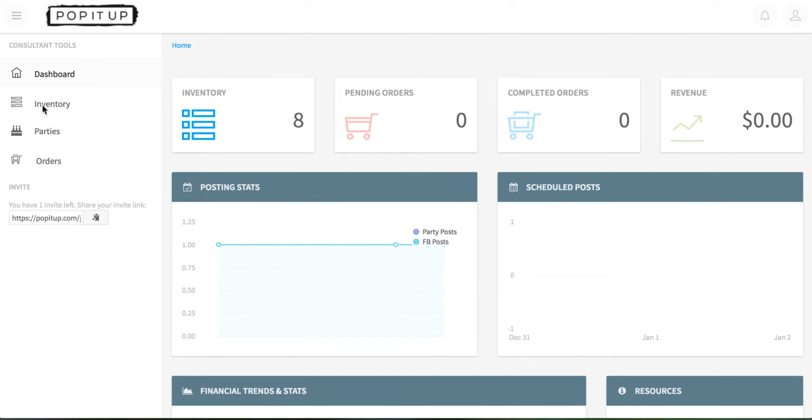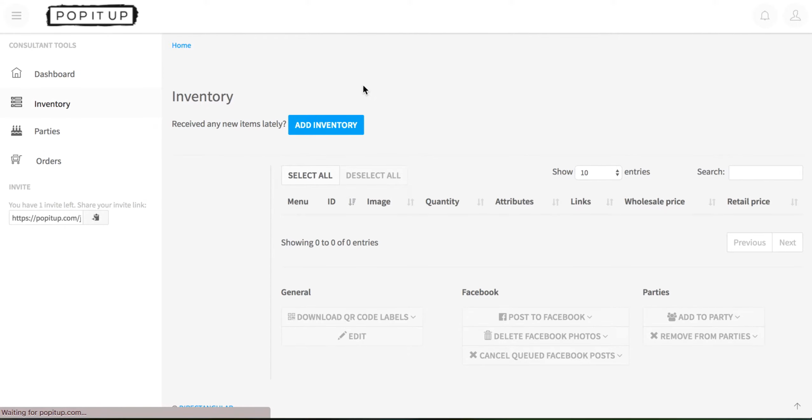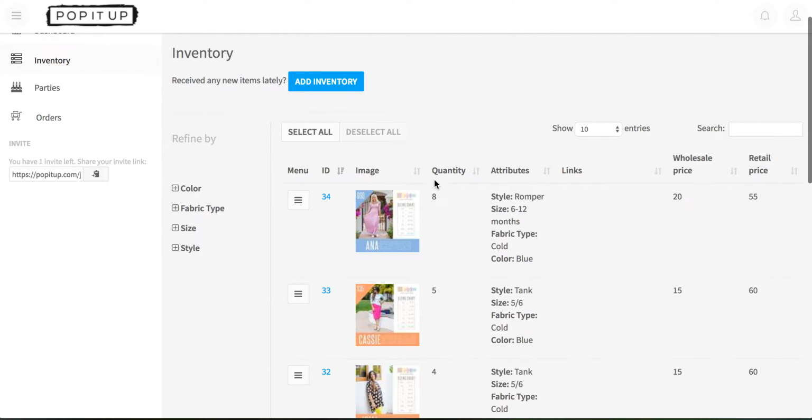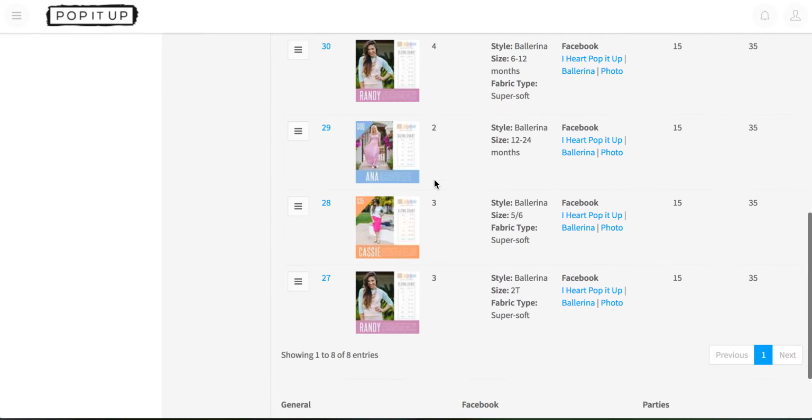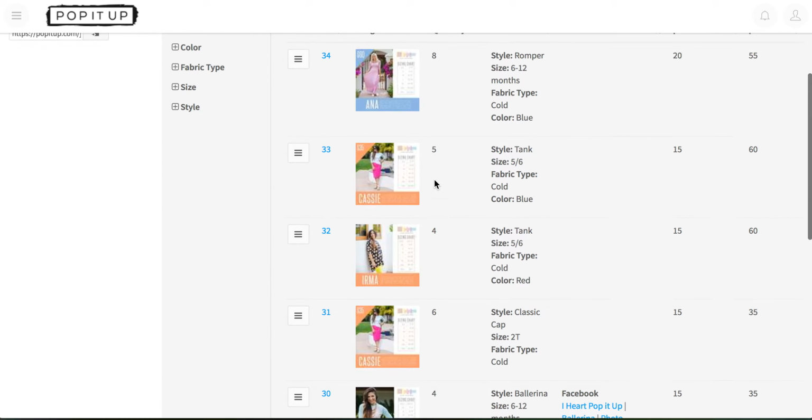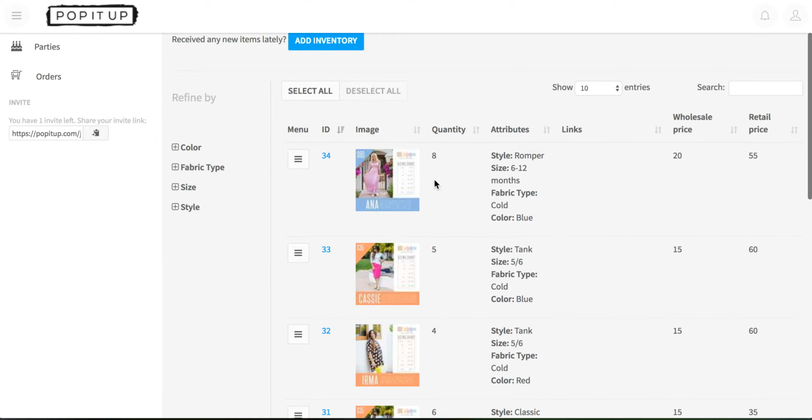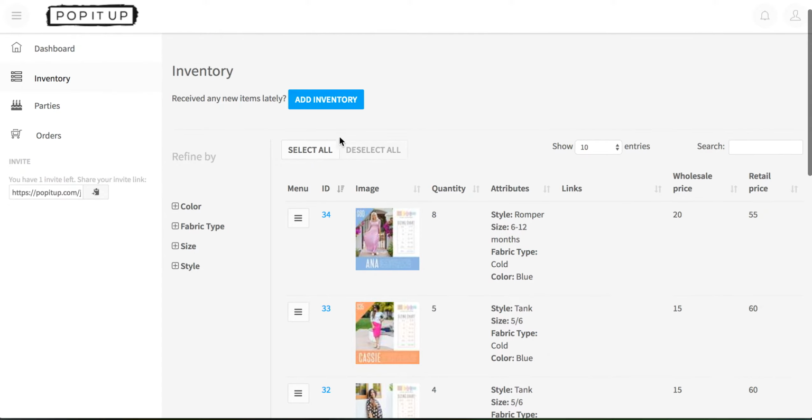Okay, so then you'll come over to your inventory page. You'll need to add all of your inventory onto this page. So I've gone ahead and uploaded a few photos here. I said I was a Smile consultant, and these are not Smile, I realize that, but these were the pictures that I just had on my computer. So I went through and added these, and these are my attributes. I'm going to show you how to add inventory quickly. You'll come and click Add Inventory,